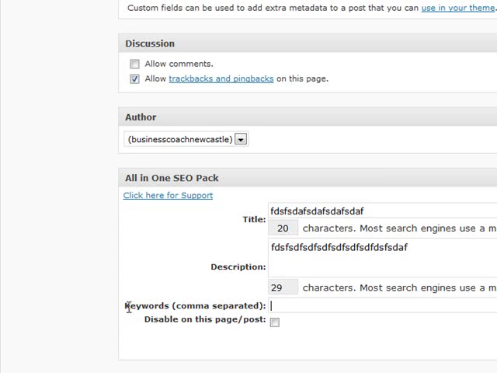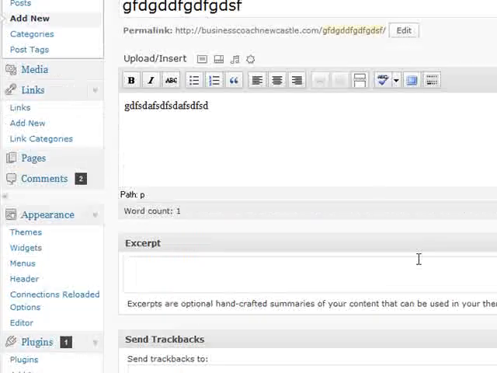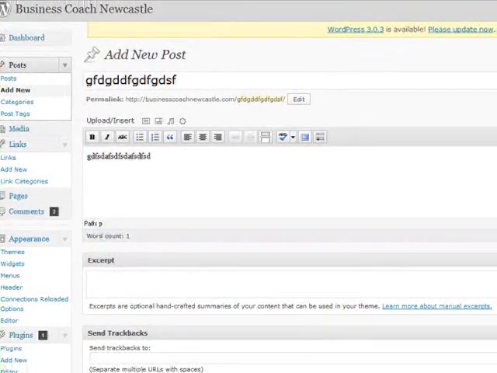Now this is important, so when people type in certain things into Google or Yahoo, what they're looking for. So just say for example you type in a business coaching article around improving profits. Improving profits might be a keyword that you put in here. Then you put a comma and you might put in how to improve profits as another keyword phrase. So you put in what you think people will search for in Google or Yahoo or any of the search engines, and then when you're finished you need to go over to the right here